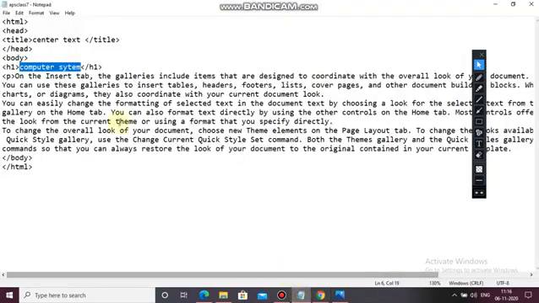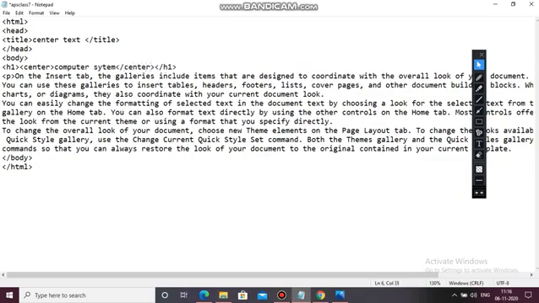So what we have learned is that using a center tag, you can align it in center. So let's see, center, and after that backslash center.